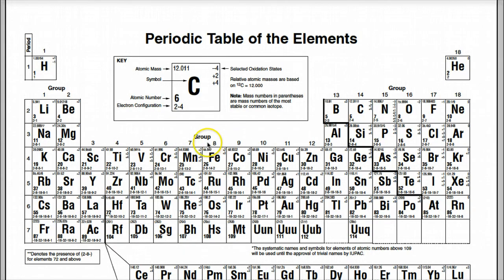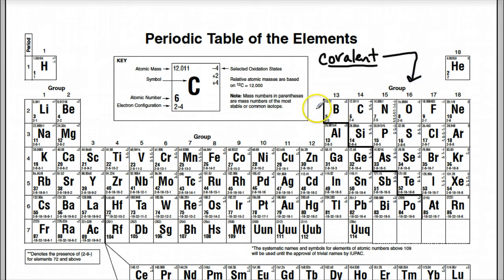Okay, in this lecture we are going to learn about covalent bonding and specifically try to write Lewis dot diagrams for these types of bonds. Now, before we get started, let's understand that covalent bonding is different from what we've been doing. As I've been driving home, hopefully in class, covalent bonding is going to be dealing with nonmetals bonding with